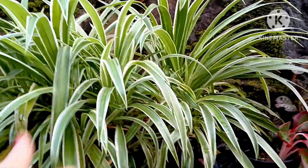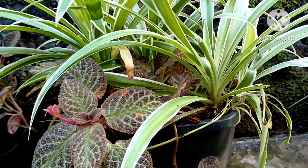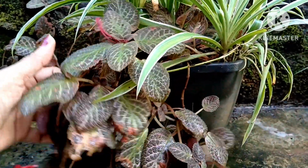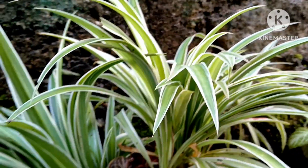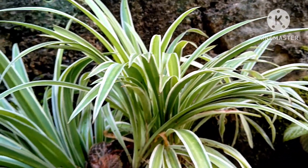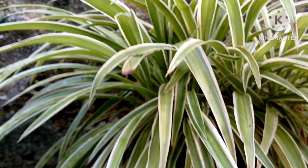I have put them in DIY planters. I have put them along with other plants as well. Now see this plant also growing in the same planter. So likewise I have many spider plants in the shade. Medium to bright sunlight or even partial to low sunlight is okay with this beautiful and variegated leafy plant,